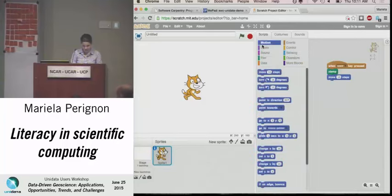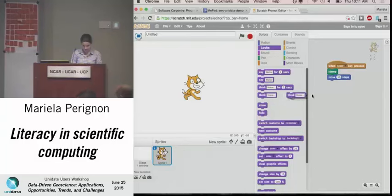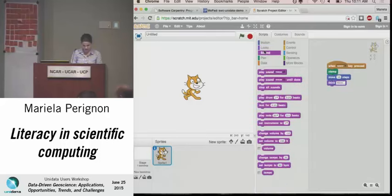What can I do? Think, and then play the sound meow. That one. It's really fun. You can actually import data. There is an extension to visualize weather data in Scratch. You can do all kinds of things. It's really, really great. So if you want to play with that,